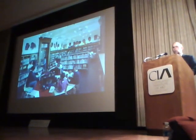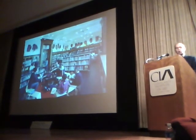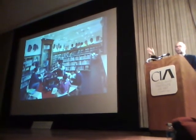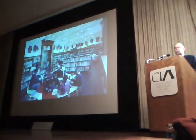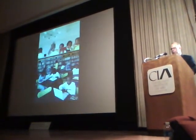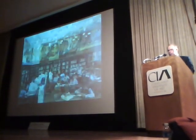But then we decided to do these murals over the shelves. Because they're elementary school libraries, the shelves only go 6 feet tall or so, then the ceiling sometimes goes 6 more feet. So we said, okay, you've got 6 extra feet to do something with up there. So we just thought of all the different things you could do. So we did portraits of kids from the school and put them up there, photographs sometimes, paintings other times,